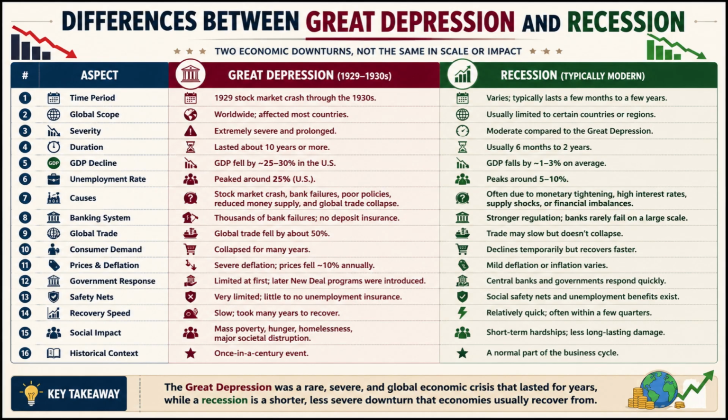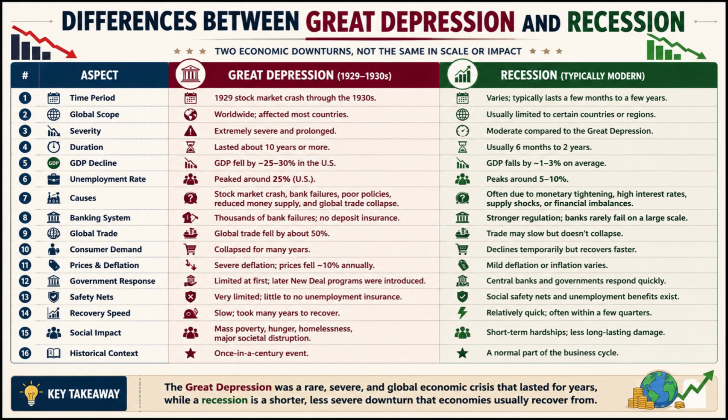Number 1. The Great Depression began after the 1929 stock market crash and continued throughout the 1930s, whereas a recession can occur during different periods and is usually much shorter. Number 2. The Great Depression affected economies across the entire world, whereas a recession is often limited to certain countries or regions. Number 3. The Great Depression was an extremely severe and prolonged economic crisis, whereas a recession is generally